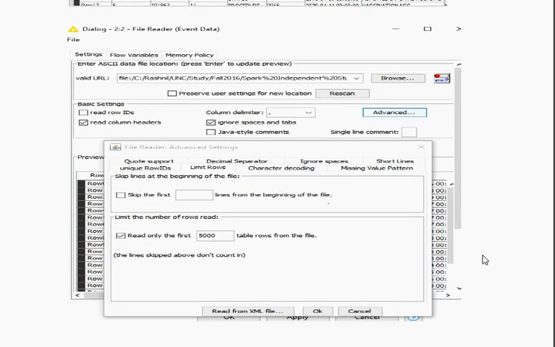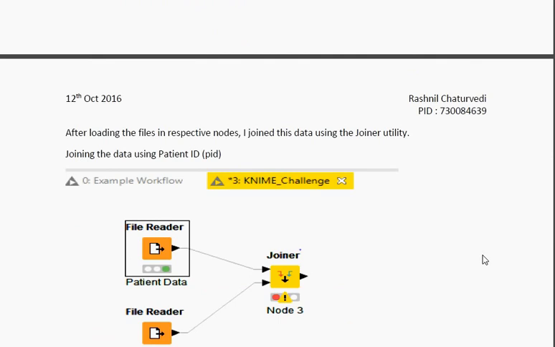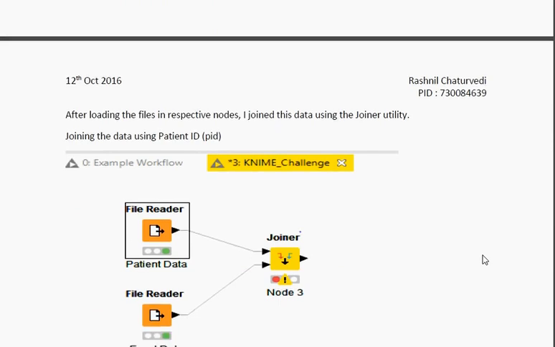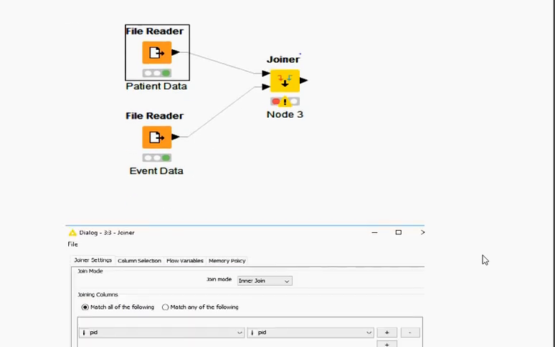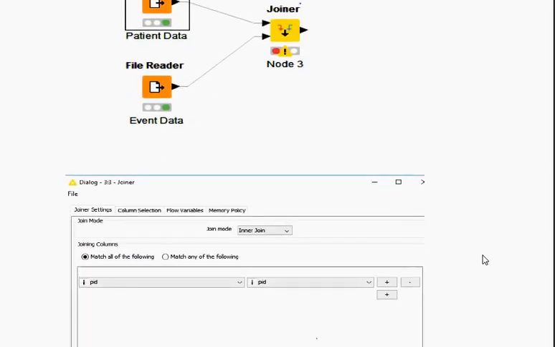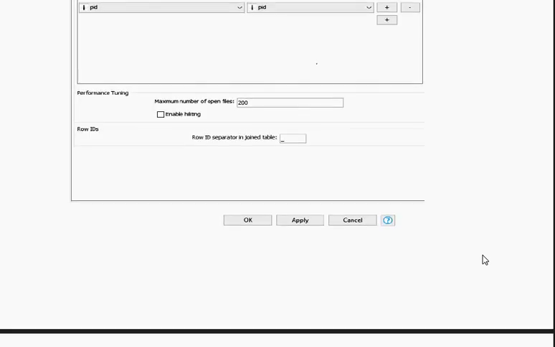So if you see here in the configuration step at the file reader, I have partitioned it to first 5,000 rows, and then once I had both the patient data and the event data in the file reader, I connected both of them and I wanted to join them into a single data set based on the patient ID. So I used a joiner where I joined them using the patient ID, PID column, and it gave me a joined